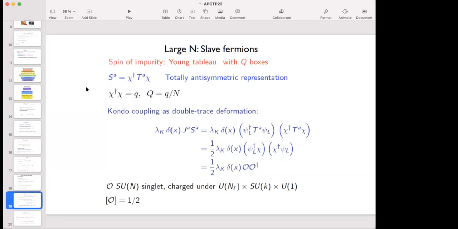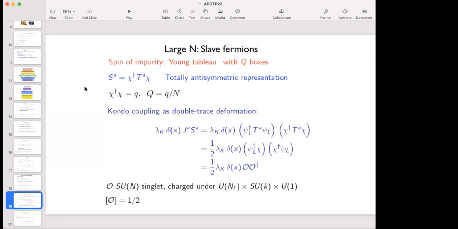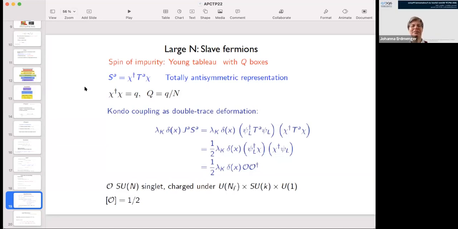Can I make a comment on this point? Yeah, sure, go ahead. I think, to help Chang Jian's understanding, here chi is not a free fermion; it's highly constrained because chi dagger chi is equal to q. In a sense, that's a constraint, so you need some kind of Lagrange multiplier to enforce it. That multiplier essentially plays the role of a gauge field. I think that is a plausible understanding of the origin of those fictitious or additional U1. Yeah, that's a very good explanation, and exactly correct.